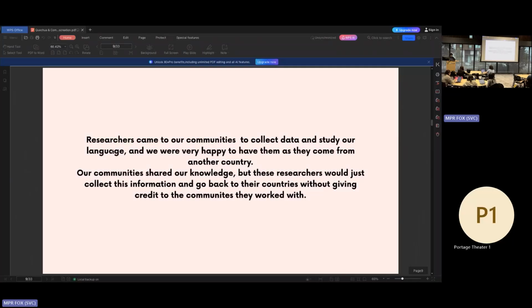A personal history. I'm from Peru. I'm from Lambayeque, a very small community in Peru, but my family comes from Cusco, especially from my father's side. And I remember that when I was a child, around 5, 7 years old, researchers came to my community to collect data on the language I speak, on understanding the different difficulties, the different lacks of resources that we have in our community.